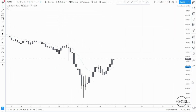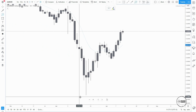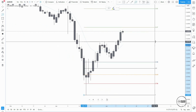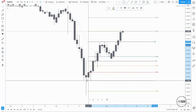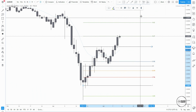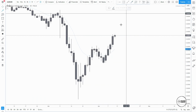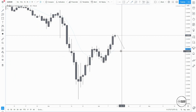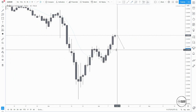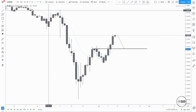So the market opened right here at the bottom, which was actually a perfect higher low on the daily. If I take this kind of Fibonacci, or just take the leg where the leg started, something like this, well, we had a 38.2%, which is not bad for such a massive move. Pull back, higher high. So from the daily time frame, I would expect a pullback to the downside, maybe to the EMA as well to get back to its mean value, and maybe a retest of this kind of structural